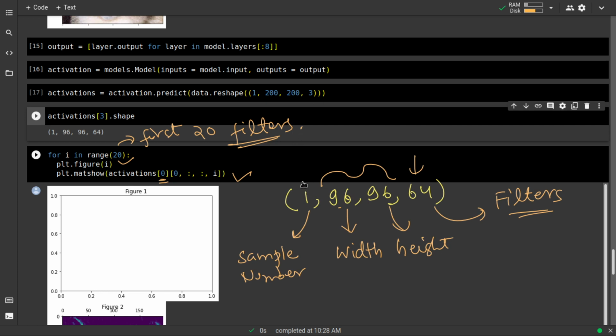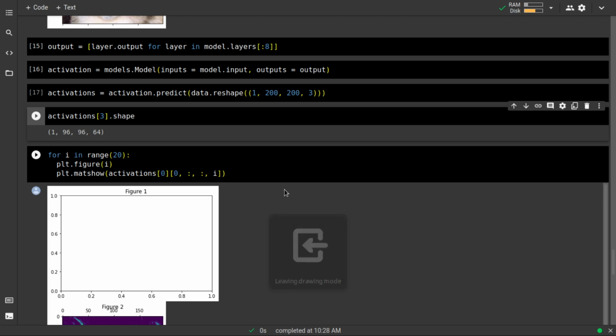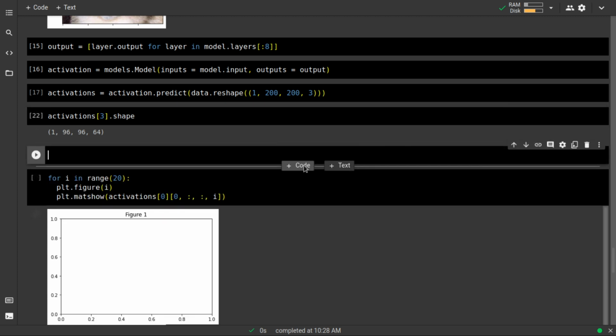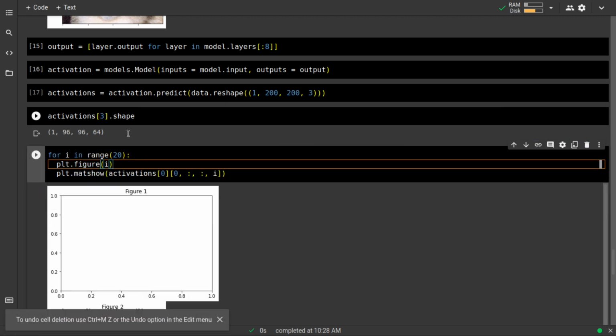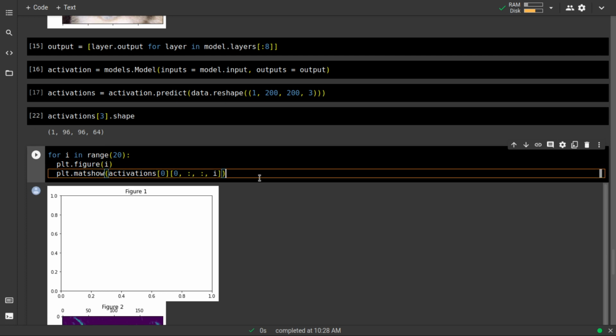So let us run this code and see the output of the first layer.